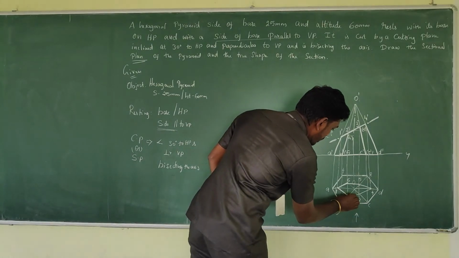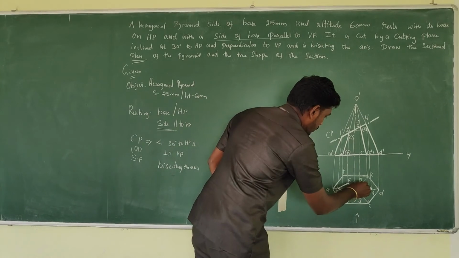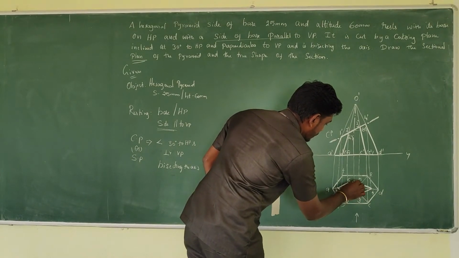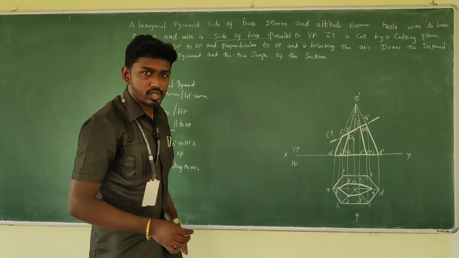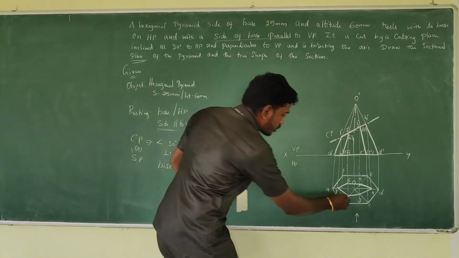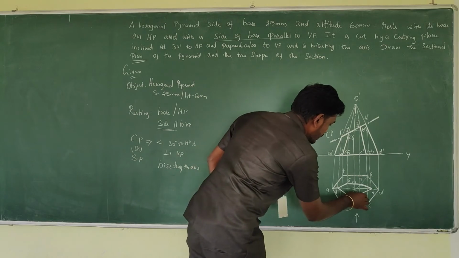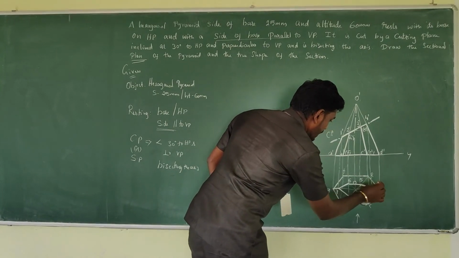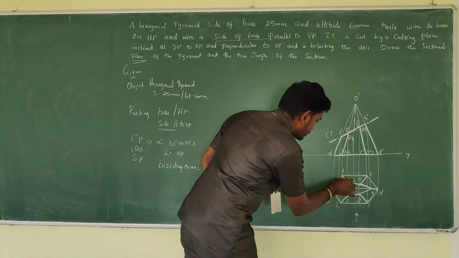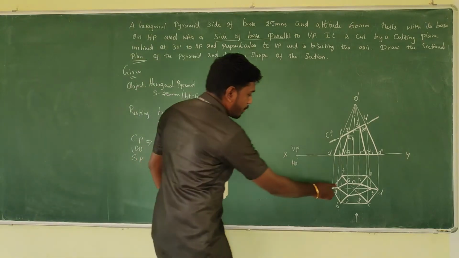base, the top base. So make it a dark one. When you are taking the measurement, you will get the shape of the object. When you look from the top, all the slant edges are visible. So make the connection between the slant edges. 3 to C, 4 to D, and then 5 to E, then 6 to F, something like this. Okay. Now see, this is the portion.